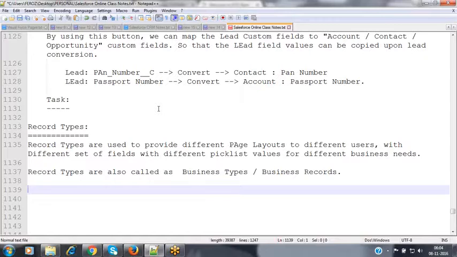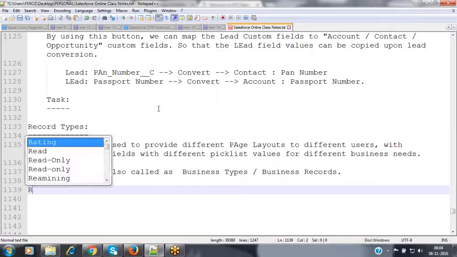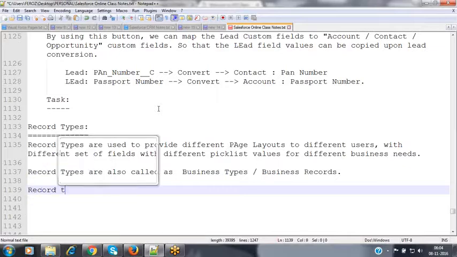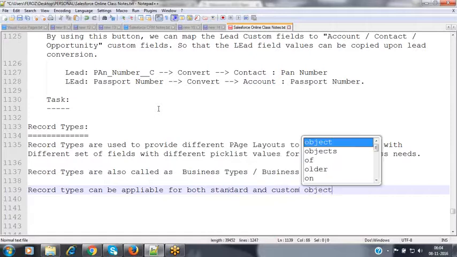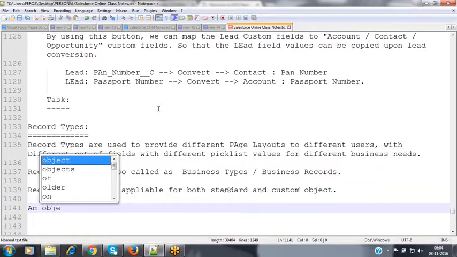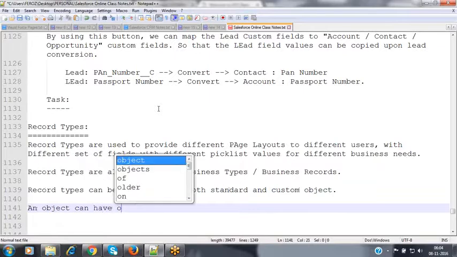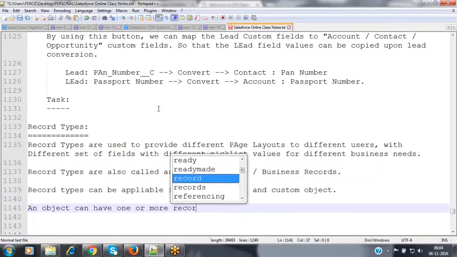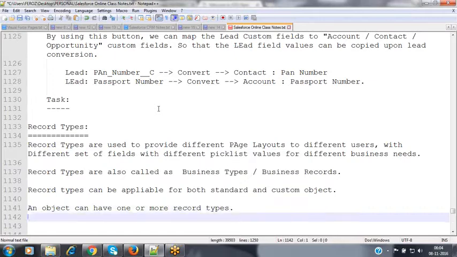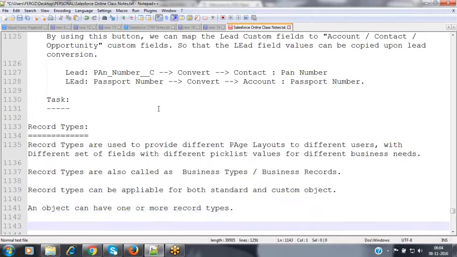Record types are applicable for both standard and custom objects. An object can have one or more record types.